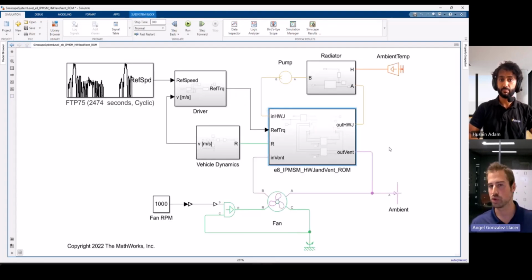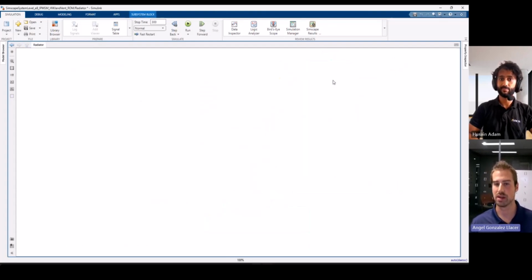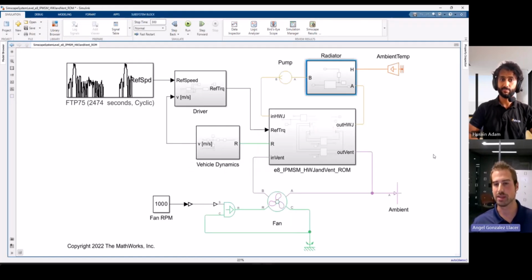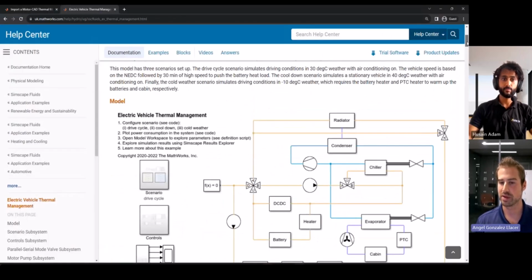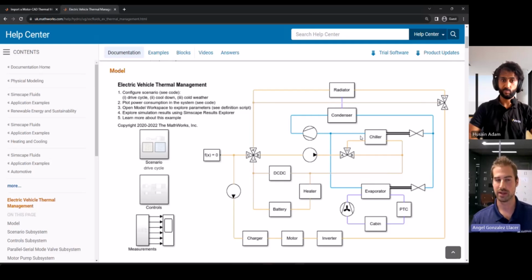I guess for bigger motors, you may need bigger radiators, so you can come here and modify your radiator model so that it can radiate more heat. But with some modifications, you could then see how you can integrate it in Simscape. For example, we have certain examples of electric vehicle cooling systems, and you can see here we have a Simscape model similar to what we had before, but with many more components.